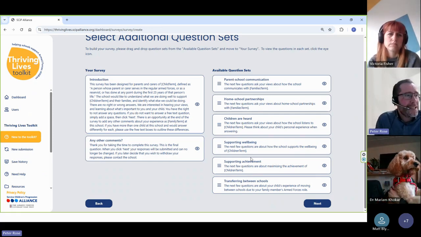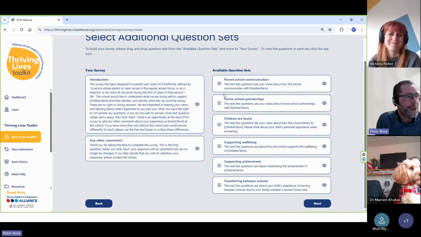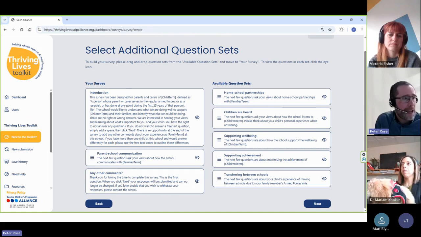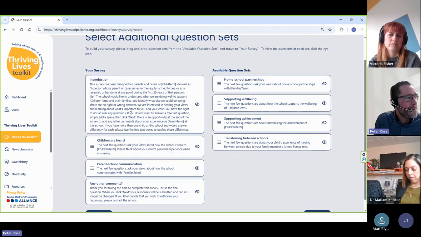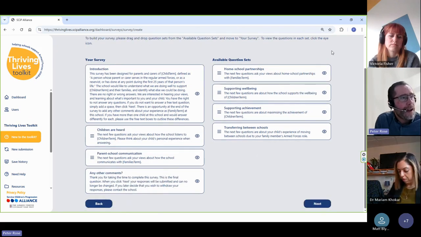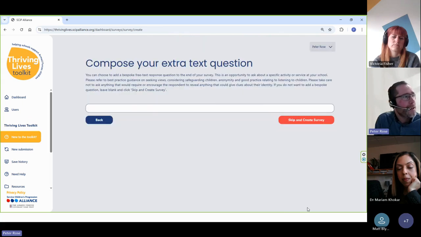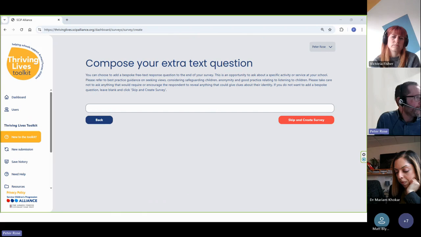I would generally advise against that because it would lead to a very long survey. But typically maybe selecting 2 or 3 of what are felt to be the most relevant questions at the time, and it can just be dragged over. And then once you're happy with your selection of the question sets, you then have an opportunity, should you so wish. There is no requirement to, but if you'd like to